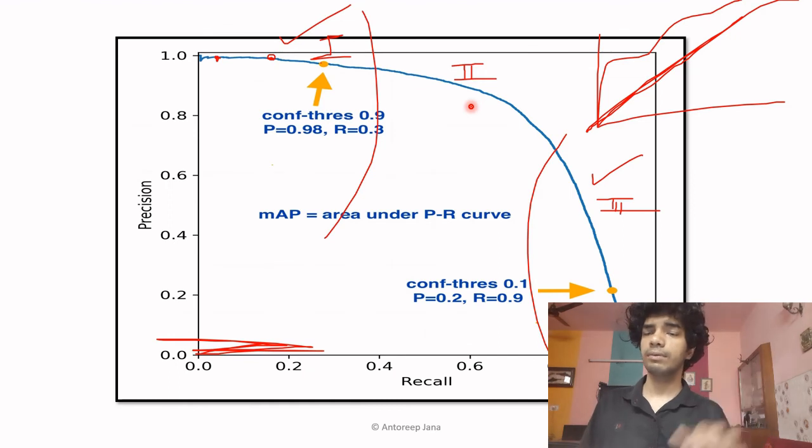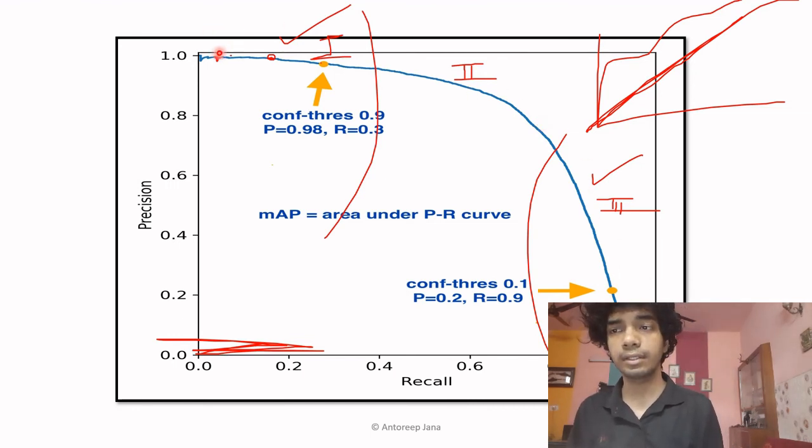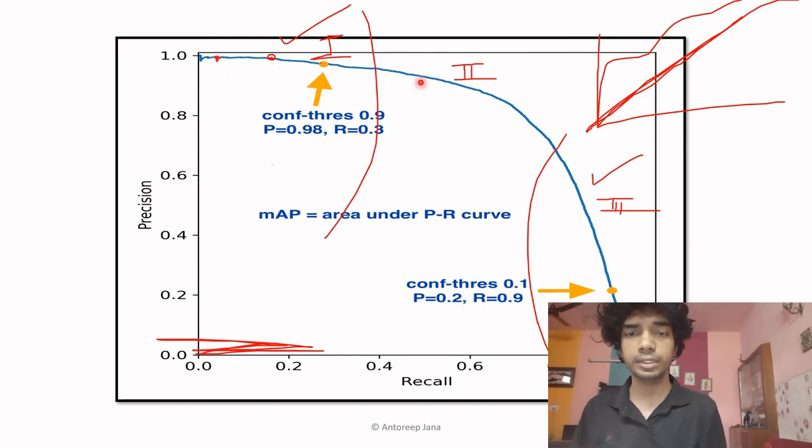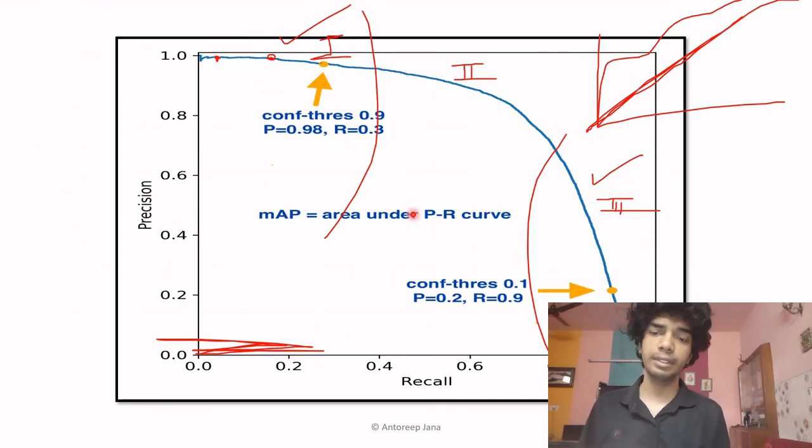So till now we have learned how it is plotted for the various threshold values: 0.99, 0.982, 0.1, 0.11, 0.005, whatever it is. You plot for all the thresholds. For every threshold, you plot the precision and the recall, precision as y, recall as x. You join those points and get the ultimate plot. The area under it is also known as mean average precision.